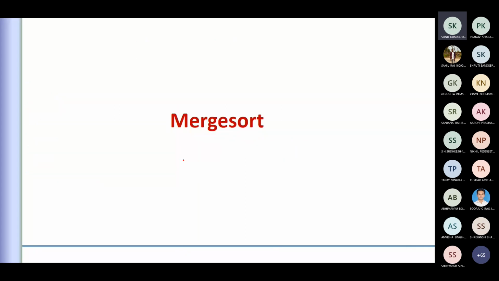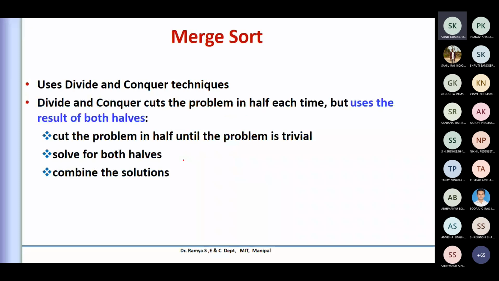Okay. So we'll go for a very interesting sort method, that is merge sort. The name itself says you are trying to merge something there. But before that, we'll see what its algorithm is. Though we say merge sort, the basic method is divide. Though at the end it will be merged, it starts with dividing the information.